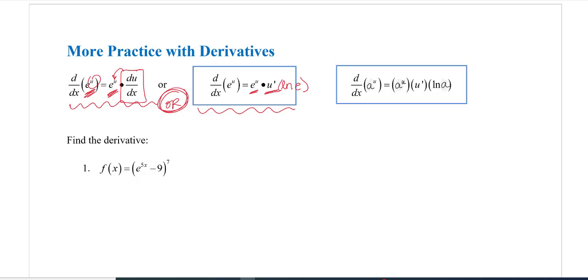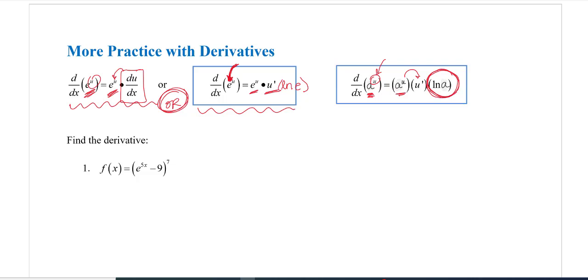The last one is just some basic exponential where our base is a. Our base is a constant, much like it is here with e. e is a value, 2.7 and change. It's a constant value, so our base is constant, and the exponent is where our variables are going to lie. So these are our exponential functions. When I take the derivative of a to the u, it is itself a to the u, then apply that chain rule, u prime. Then here's the piece that I was just talking about. I have to multiply by natural log of a.